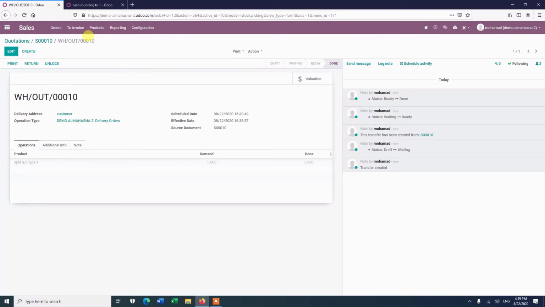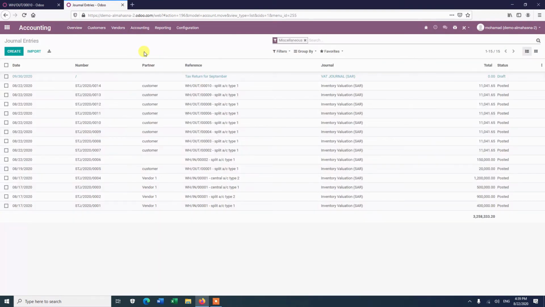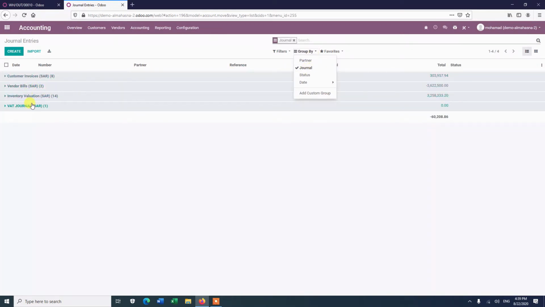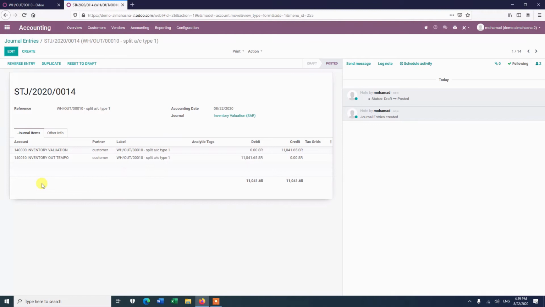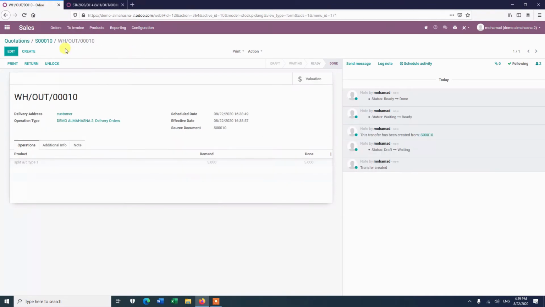If we go into accounting, we go to the journal entry, to the JV, inventory valuation. Then we have this one. Okay, this JV basically says debit inventory out with this figure 11,41.65. This is the cost of the inventory. And the credit, we will credit the inventory valuation account. Okay, so we will go back into the sales order